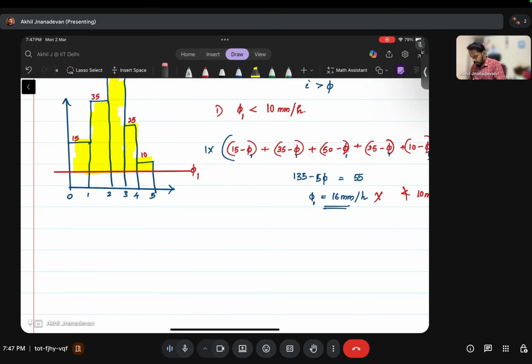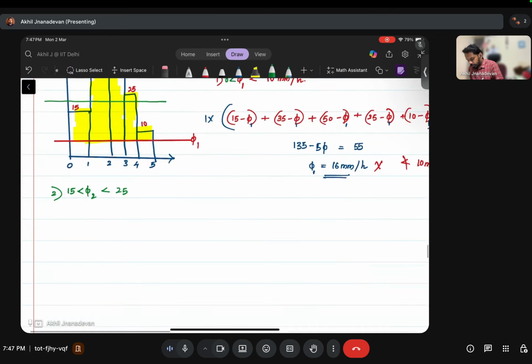So we can make a guess it is somewhere here, so phi 2 is less than 25, between 0 and 25 is the next assumption. So if it is between 0 and 25, whatever the excess will be here,